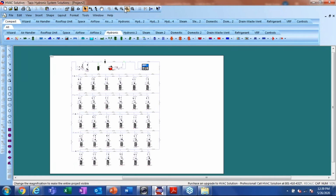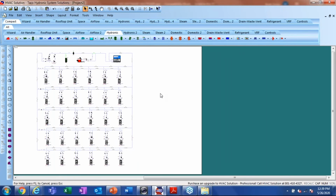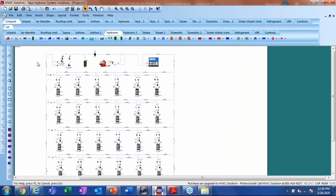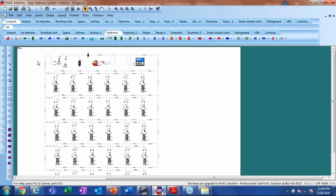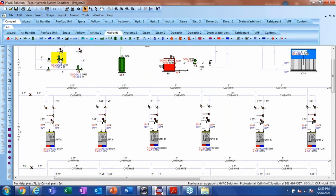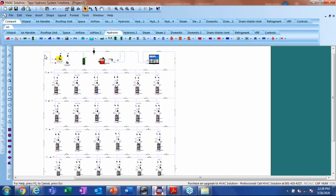Okay. Another question popped up, Brett, which is a great question. It says, where is the elevation head calculated or accounted for? Oh boy. This is a closed loop system. So the head loss for that pump does not need to, what goes down comes back up with the pressure